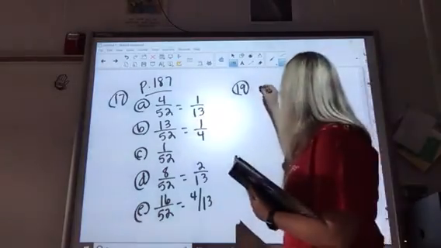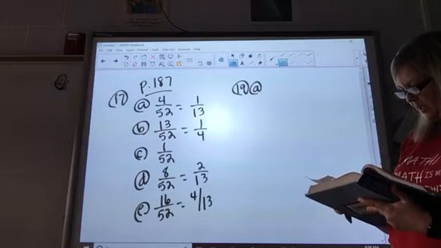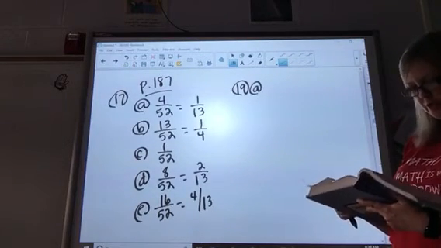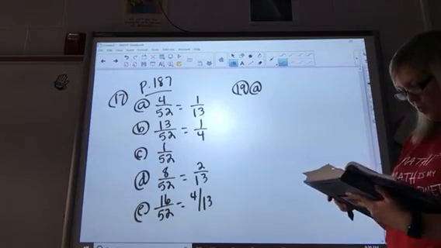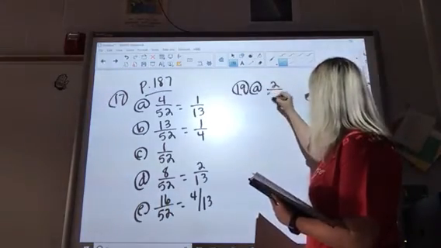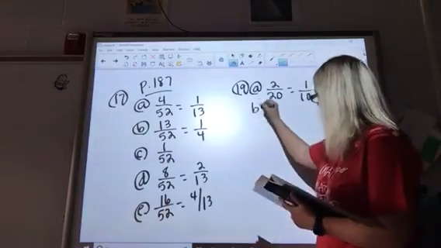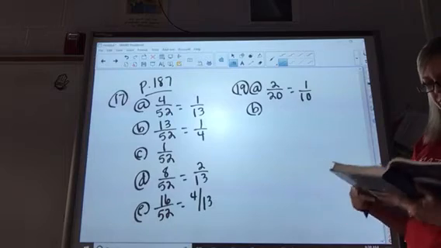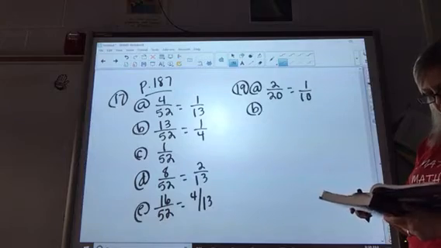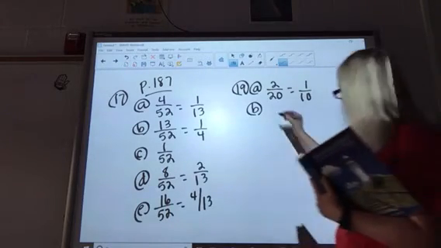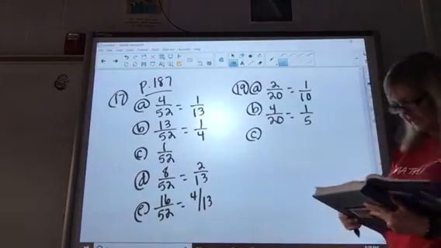A asks, the customer wins $10. If you look at the spinner, there are 2 $10 sections, which happens when you spin a 1. There's 20 sections, so that reduces to 1/10. Okay, letter B. The customer wins money. Okay, they win money if we spin a 1 or a 2. There's 4 of those sections, so that reduces to 1/5. And C